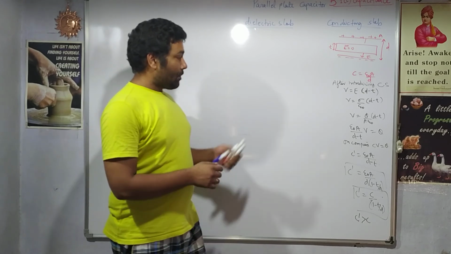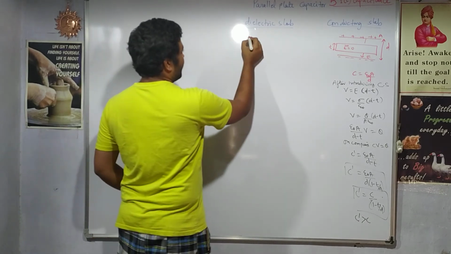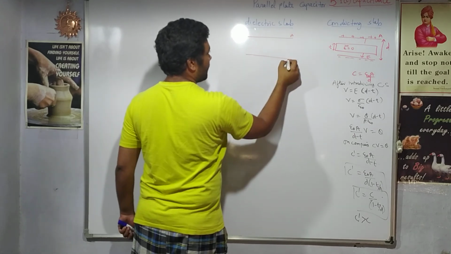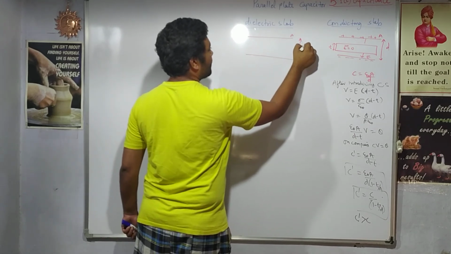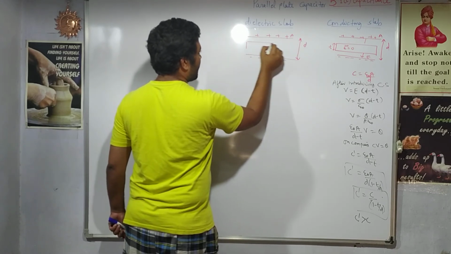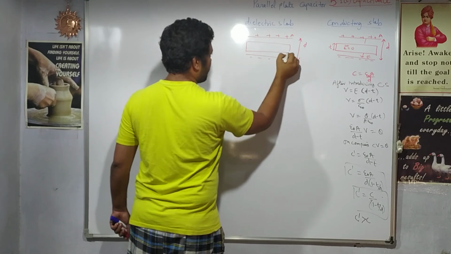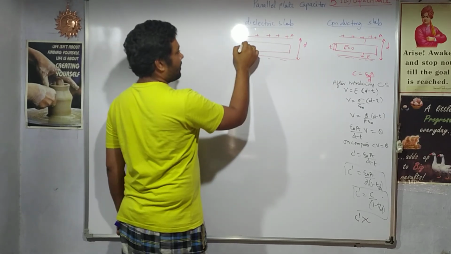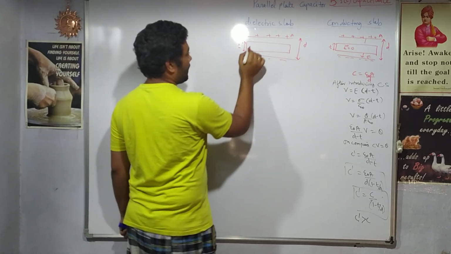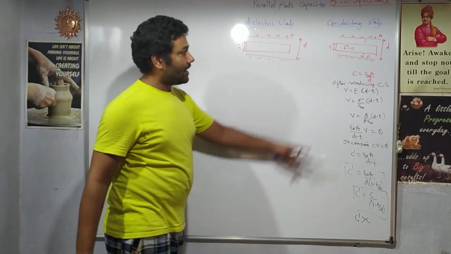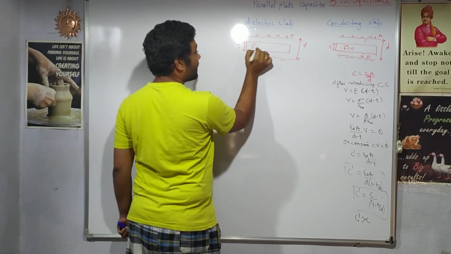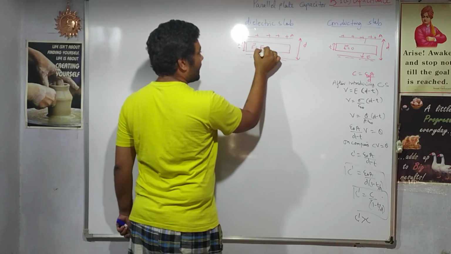Now let us see what happens when you introduce a dielectric slab. So this is the capacitor given to us. Again the same conditions. This is the distance between the plates. These are positive side and this is negative side. Now instead of conducting slab, if I introduce a dielectric slab of the thickness T, what will happen? Now here inside, since it is a dielectric, inside electric field will not become 0. Instead the electric field inside will be the external electric field, right?